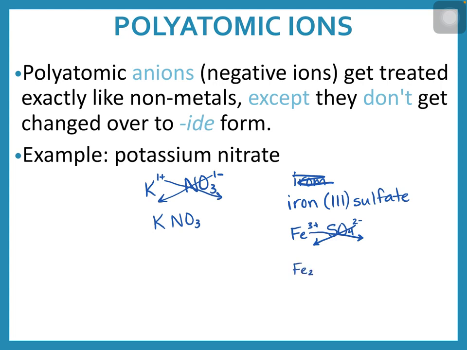So even though iron is multivalent, it means I have 2 different options for valences. There's no brackets because it's a monoatomic atom. So it's only made up of one type of element there. SO4, I have 3 of those. So because it's a polyatomic, I need to put brackets around